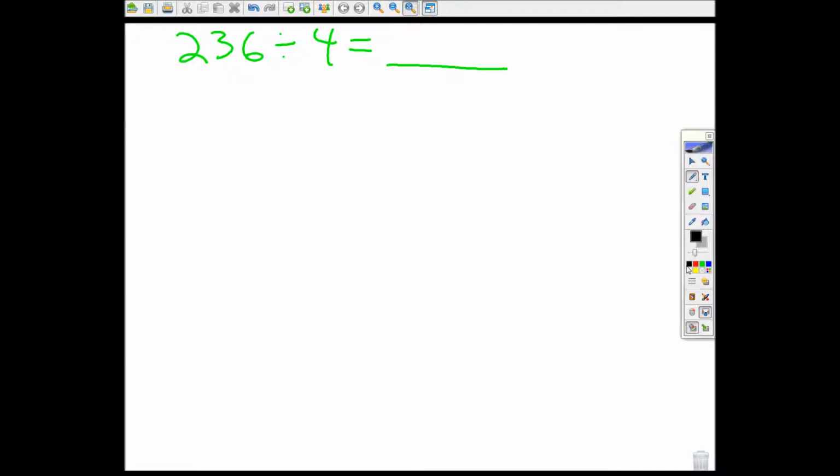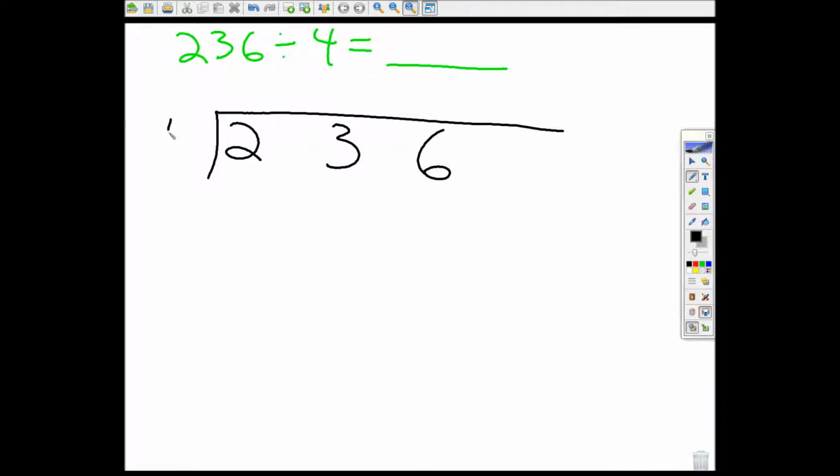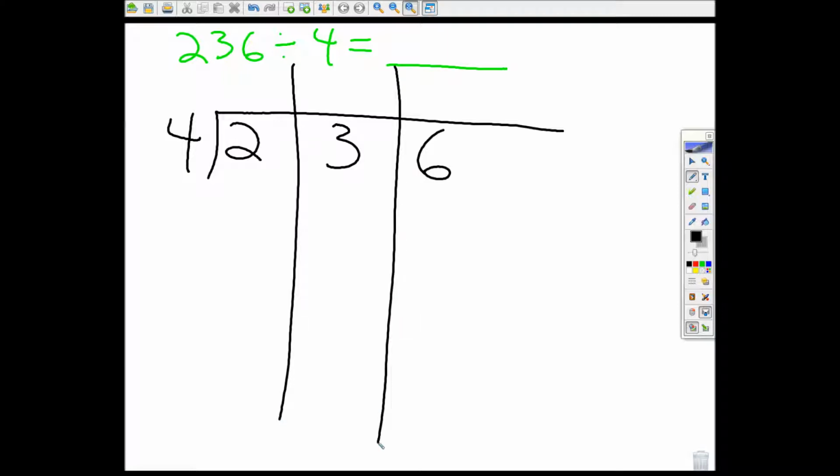So let's go ahead and use the typical numbers, but we're going to space them out to allow for other concepts to be involved. And we're going to use that little box, and we're going to put the 4 on the outside because I'm trying to determine how many 4s would come out of 236. My first desire is to put some long lines separating these numbers. I then want to determine and remind you that we are looking at